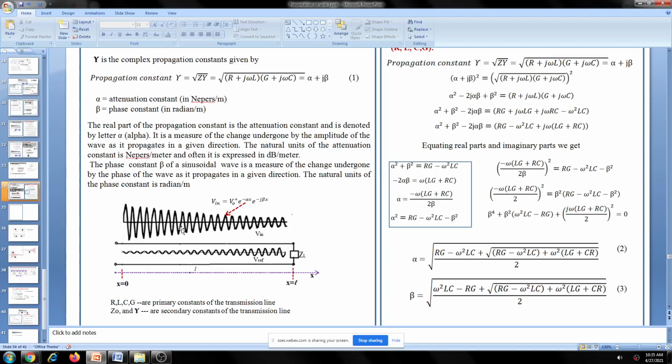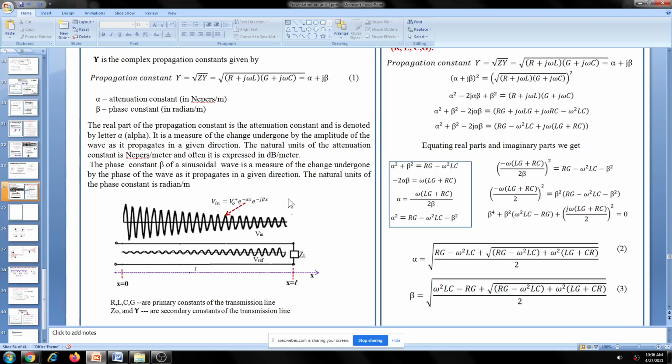Usually, when we say amplitude, we mean peak-to-peak amplitude. For example, if you consider this wave, as you move towards the load its amplitude is decreasing. That is given by the term e to the power minus alpha x. With minus alpha x, the amplitude automatically decreases as the distance increases. So it says how the amplitude of the signal decreases as you move towards the load. But if you move towards the source, the distance decreases, and automatically the wave amplitude increases.